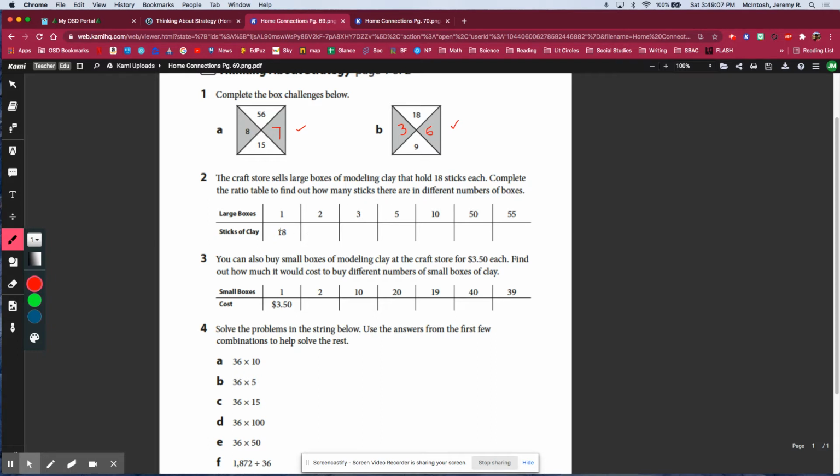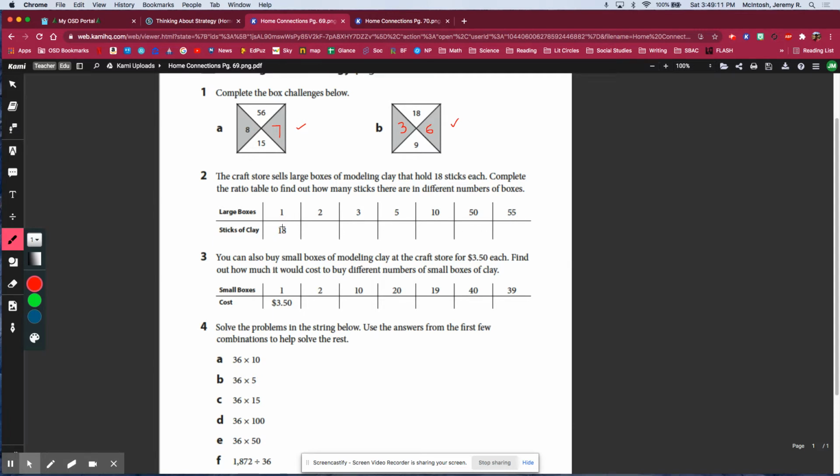Okay, so we're just going to kind of move through this ratio table. So if one box holds 18 sticks of clay, how many does two boxes hold? So 1 times 2 is 2. Remember, when we're doing a ratio, we're doing the same thing, the top and bottom. So 1 times 2 is 2. 18 times 2 is 36. When we move to 3 boxes, we could either say 1 times 3 or 18 times 3, but we could